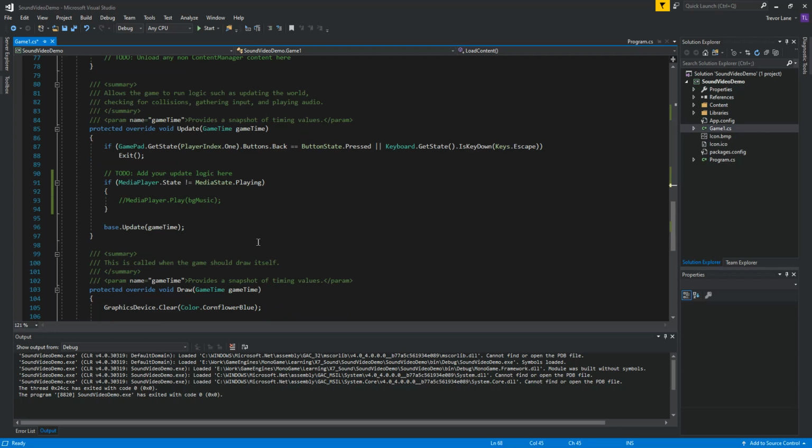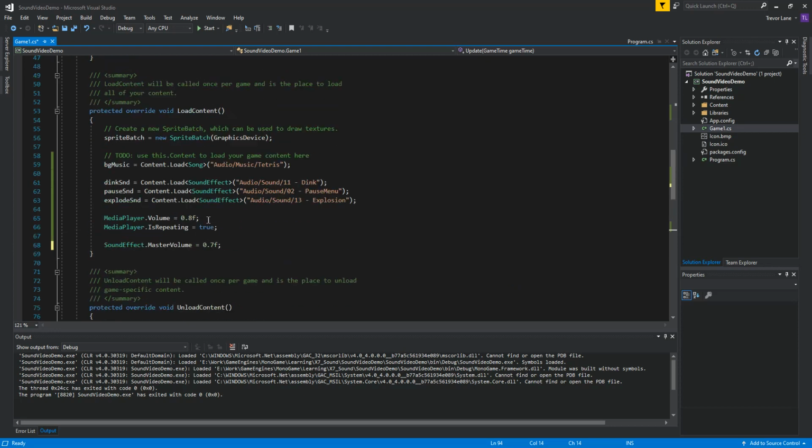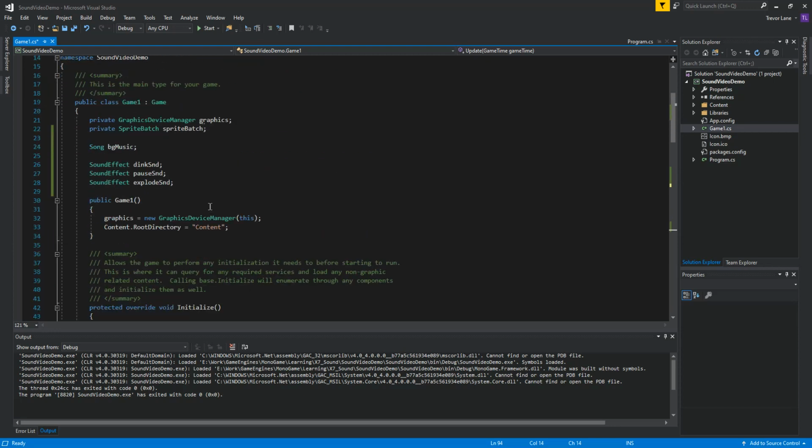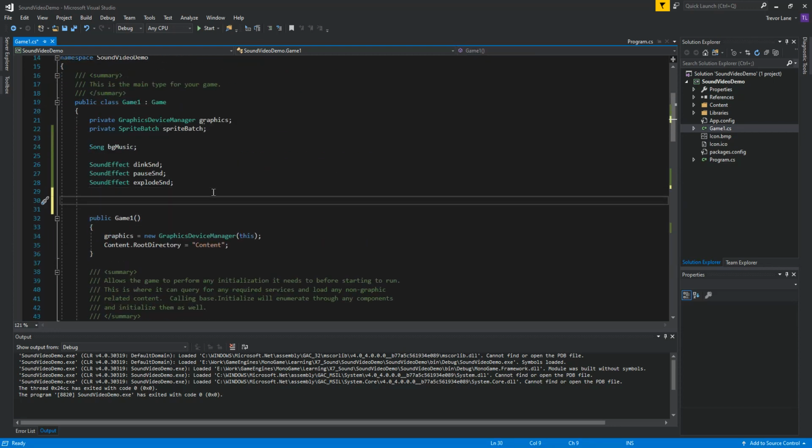Your sound effects are always going to be played in update, but sound effects always happen because something else happens. They don't just happen magically. They happen because some action occurred in the game. So maybe that's a user hitting the jump key, so you get the jump sound effect. In this game, let's say for example we want to hit the pause. So I'm going to create a keyboard state, and we're going to do some interaction with the keyboard. So keyboard state